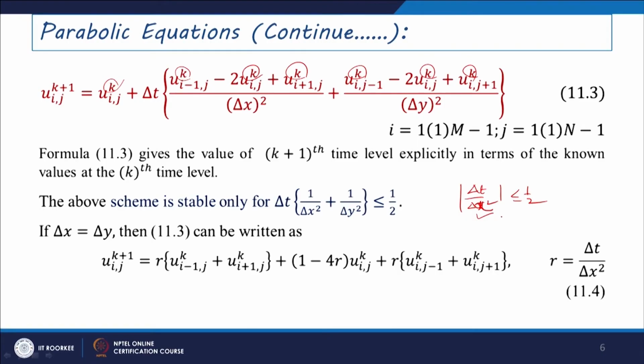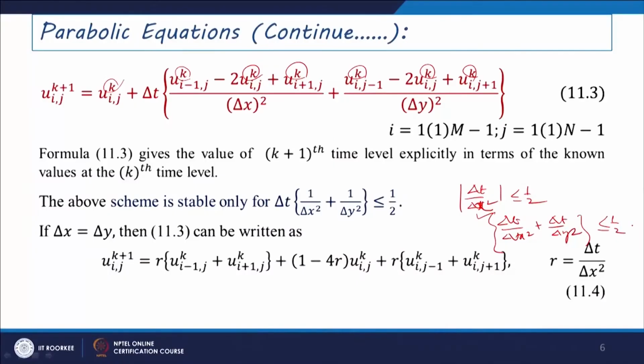like del t by del x square and del t by del y square, we can just consider that the sum of both these values should be less than or equal to half. If in a particular case we consider del x equal to del y, equal grid length, then we can find that u i j to the power k plus 1 can be written as, since u i j to the power k is present here,